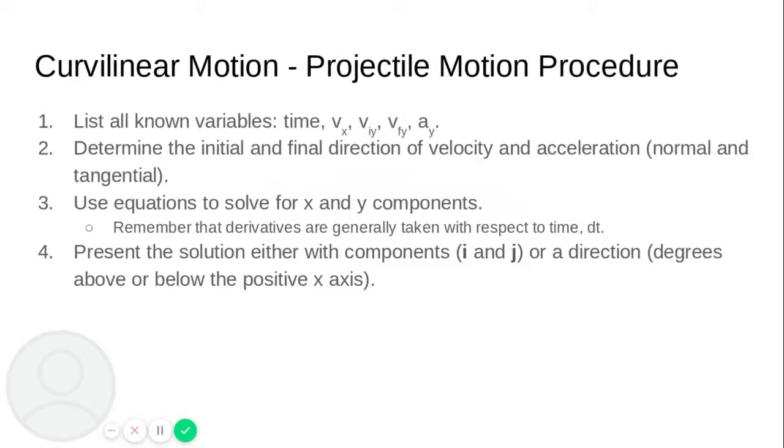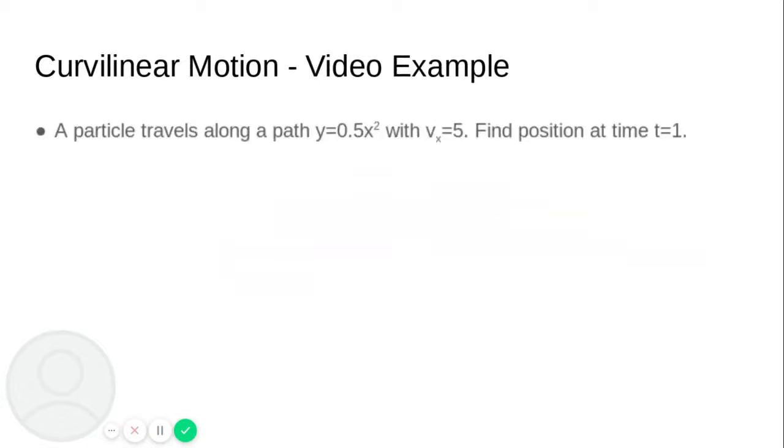Fourth and finally, present the solution either with components, so i or j, or a direction, so degrees above or below the positive x-axis is generally what is used, but you can choose your own coordinate system and choose where to measure from. So for the first example, the video example, we'll go over a particle which travels along this